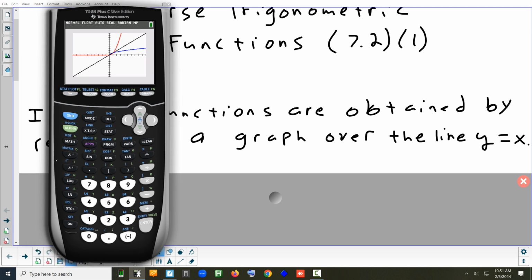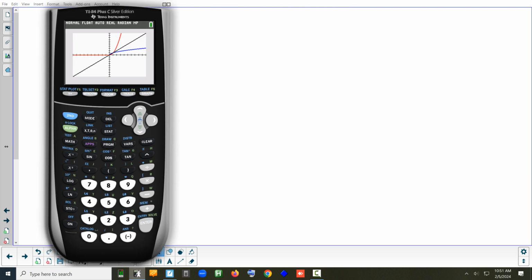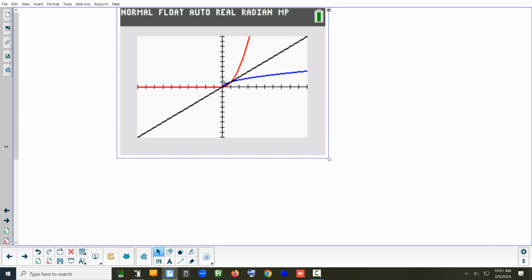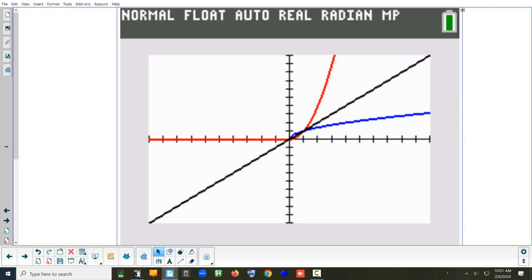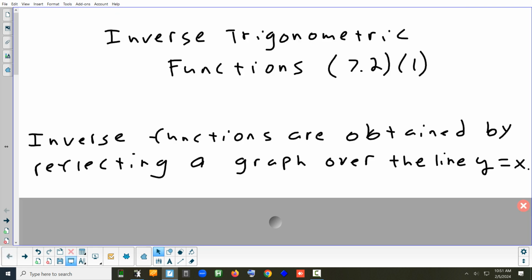It might be a little hard to tell, but if you were to fold that right on the black line, the red graph and the blue graph would land right on top of each other, because they are inverse functions. So any inverse functions are reflections over y equals x. Now,